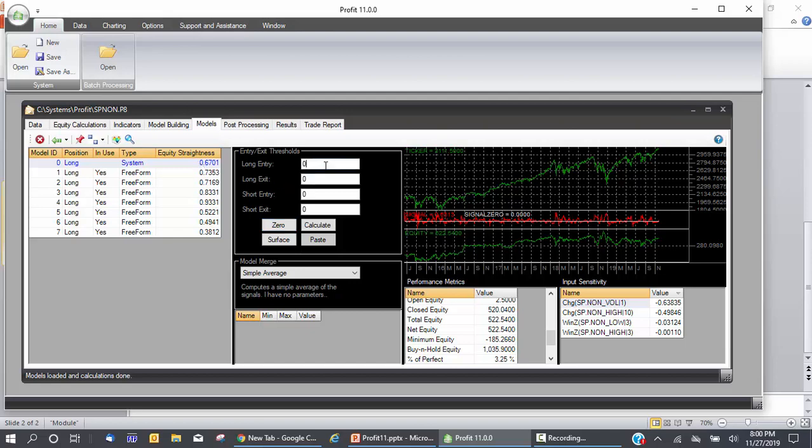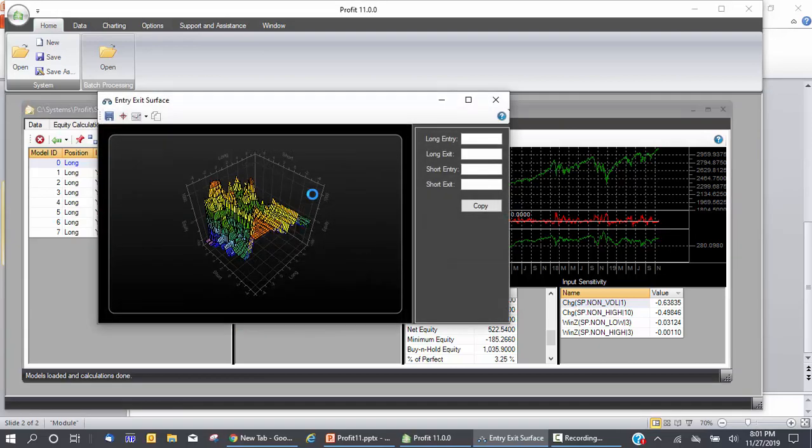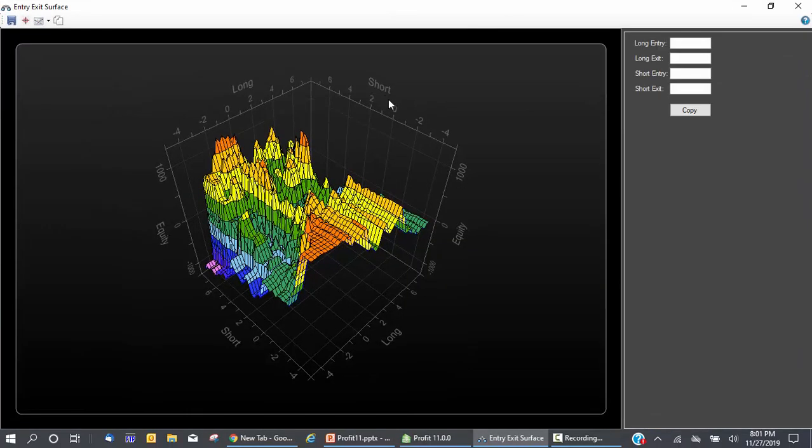Now, what do you set these values? Obviously, just punching in numbers and trying them out is not very efficient. So we created something called the surface plot. So if we click the surface, it will make long entry and exit the same, and short entry and exit the same numbers, and then step those values through 50 levels, spanning the signal, min and max, and come up with 2,500 points